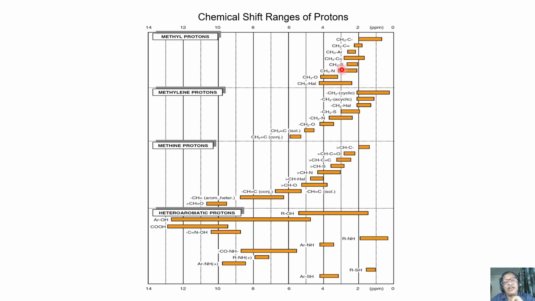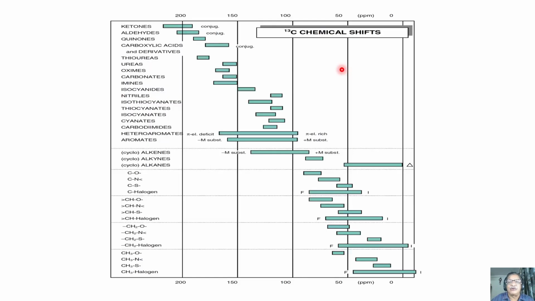The chemical shift ranges for different protons have been given like this. Of course, this is one chart I have taken from one of the books or sites, but there are many like that. You don't have to worry. But the question is, it is not only for protons. For varieties of nuclei, such types of charts are available.